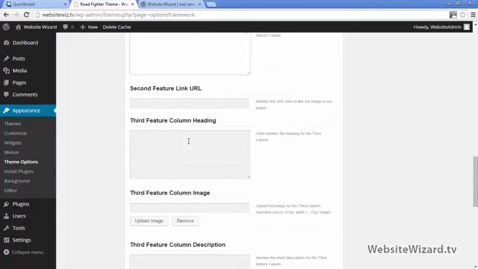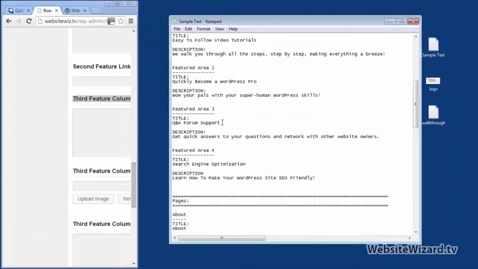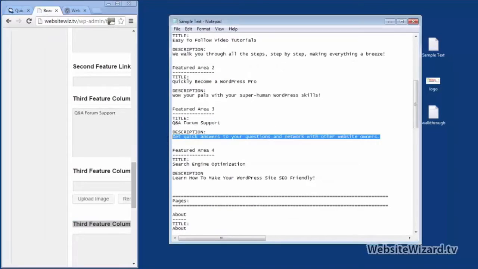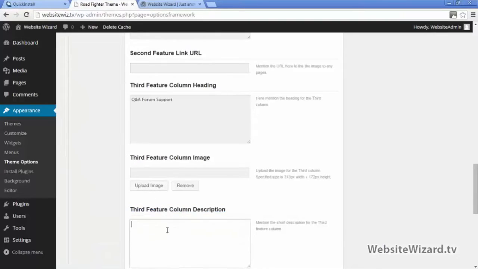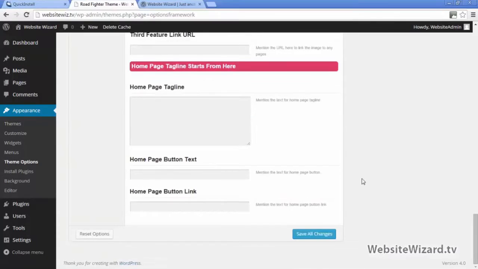And then if I scroll down to the third one, so third feature column heading here, grab that from the notepad file, copy that and paste that right here, and then the description here, highlight that, right click copy, and then paste that right here, and then just scroll down to the bottom of the page and then click